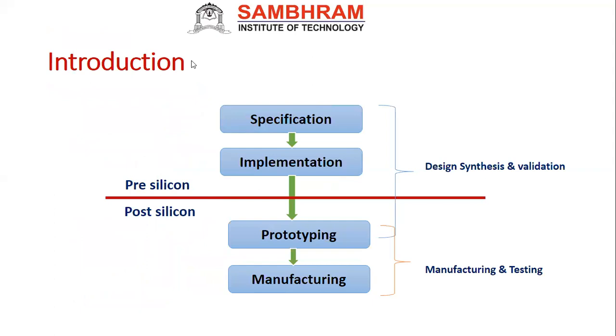First, let us see here. As I said, this is nothing but our design flow. In short, we say specification, then implementation. As you know, if they want to design any IC, first they have to give the specification. The specification indicates the number of inputs and what the output will be. Based on that, we have to design our circuit.